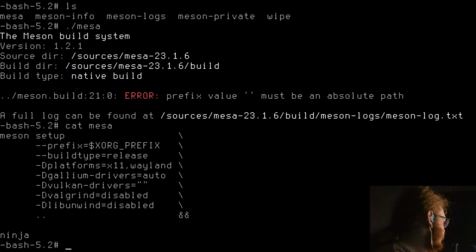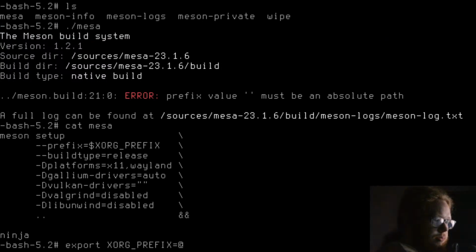There we go. Yeah, it is. I'm just being dumb and forgot what it was actually called. The Xorg prefix. Yeah, I was having a dumb. Don't worry about it. Peter is 1 hour ahead of me at the minute.